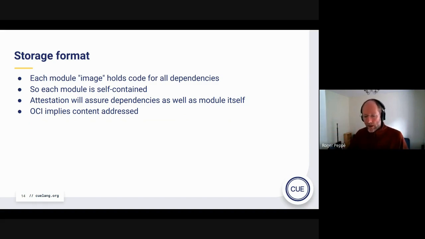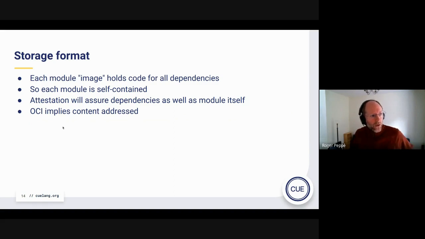They're not actually physically data copied. And that means that if you attest to a module, that signature will, as a matter of course, attest to everything that the OCI manifest points to.